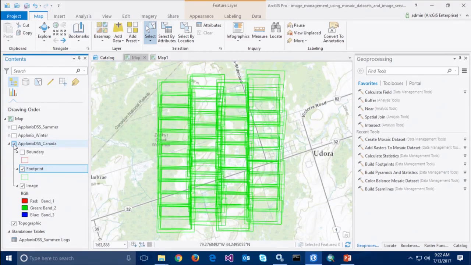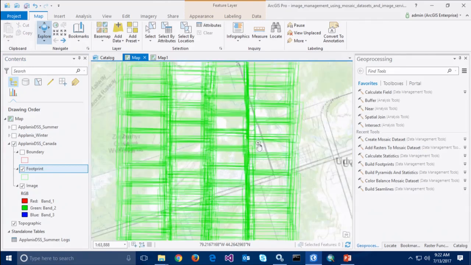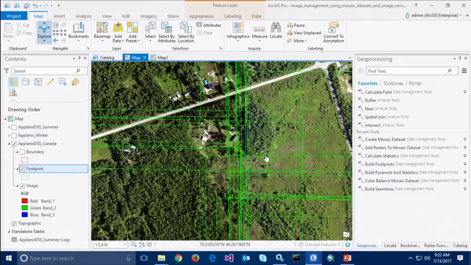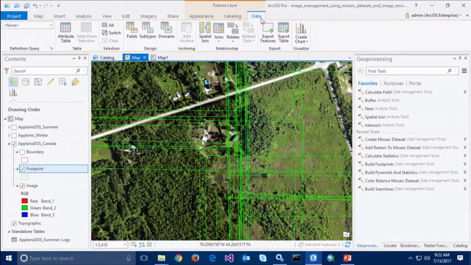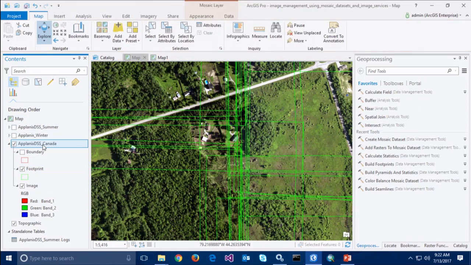I've got 4 times the number of footprints than you saw me build earlier because I've got 4 different collections over different times of the year. And if I were to zoom to a particular area, say zoom, pick one, I'm going to get some result back based on a default rendering rule. So remember those Mosaic methods? I basically have this tuned so that I'm seeing a Mosaic method using a raster function that shows me summer. And if I go to the new data tab, which is in Pro, if I click on the layer,